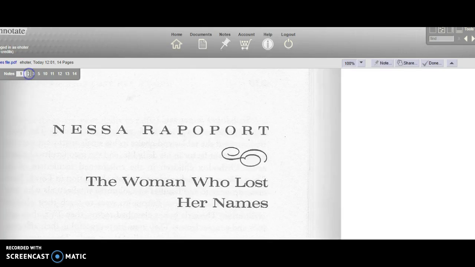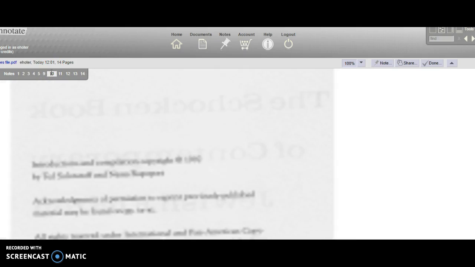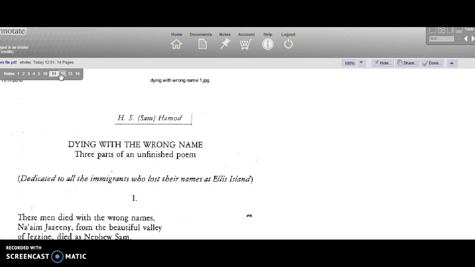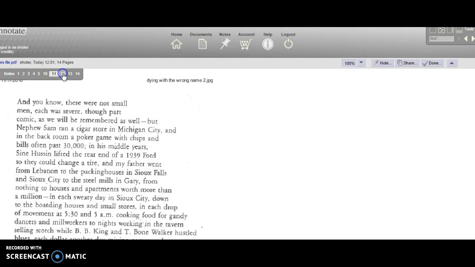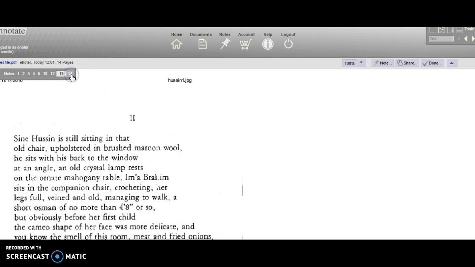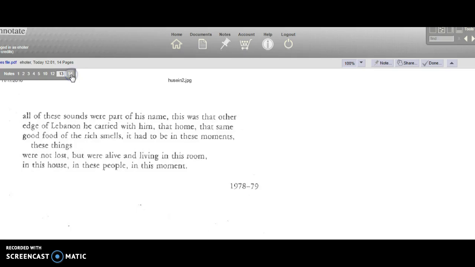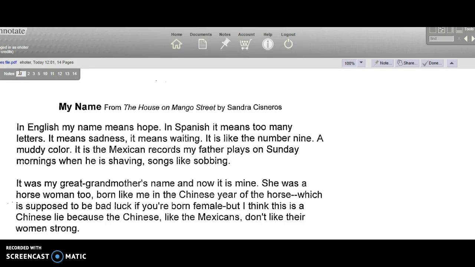The next page is a story by Nessa Rappaport, the woman who lost her name. And then here we have a text called Dying with the Wrong Name, 3 parts of an unfinished poem. Okay, so 3 texts. Now, each of the texts are very different, and we would like you to read all